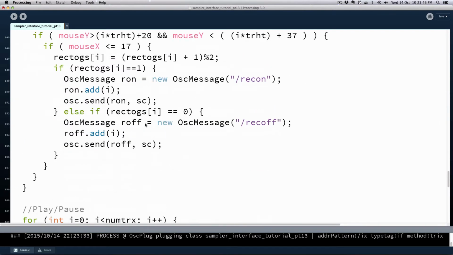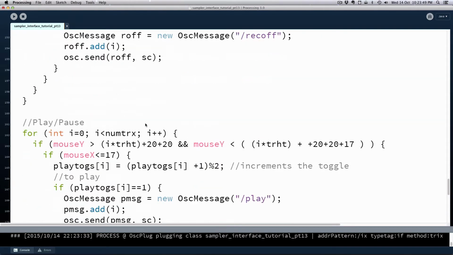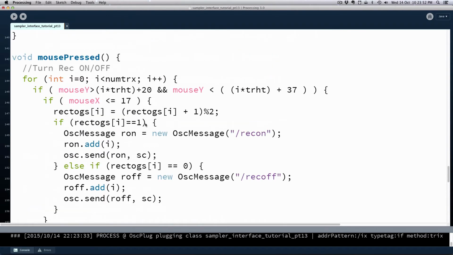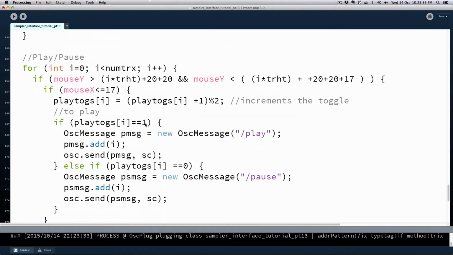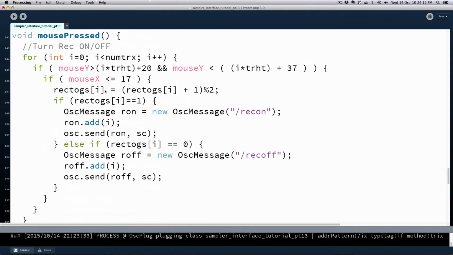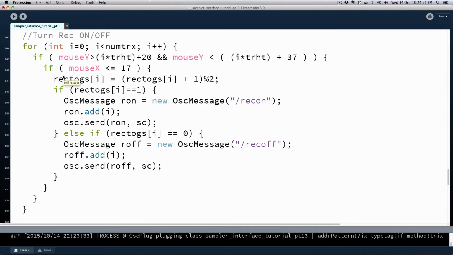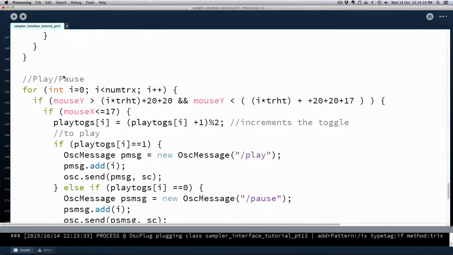Right, and now we have to create the functionality of it. So we have a play pause, and we have a record on and off. So it's a lot like this stuff, basically this whole little bit of code. We probably could have saved a lot of space by combining things, but I won't confuse you right now. We probably could have put everything in the same for loop, and then had these be separate if statements for the mouse Y and mouse X, I mean for the record and play buttons. But in any case, I'm just going to copy all of that,